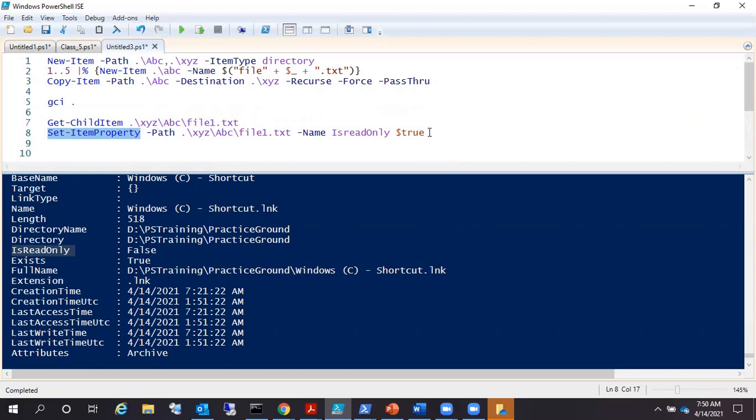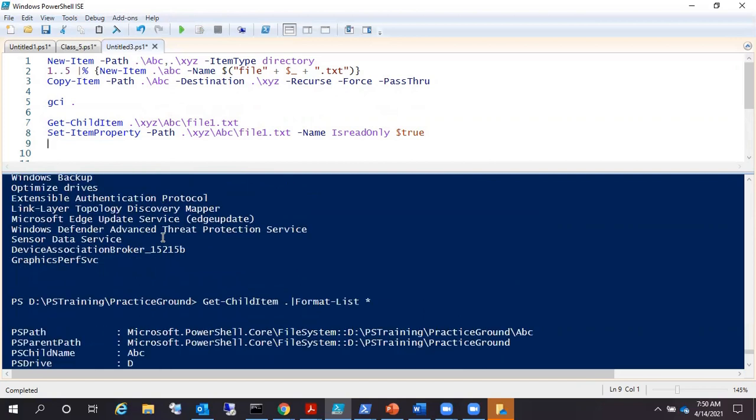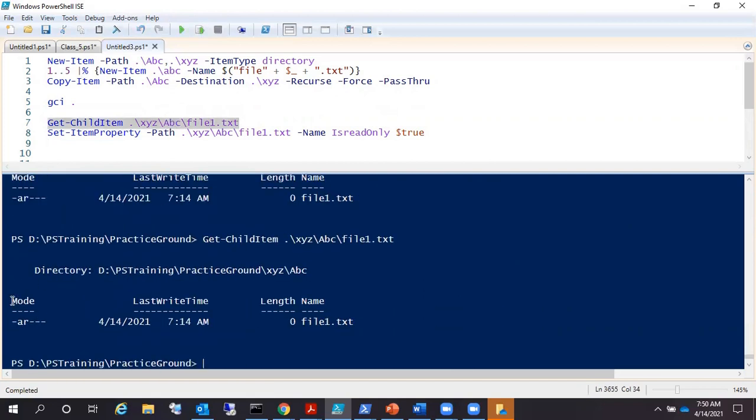So we have a different way to do that. We can set the attributes. What we are seeing here is mode, which means attributes. It's a set of attributes basically, like hidden file, whether it's a system file or like that.